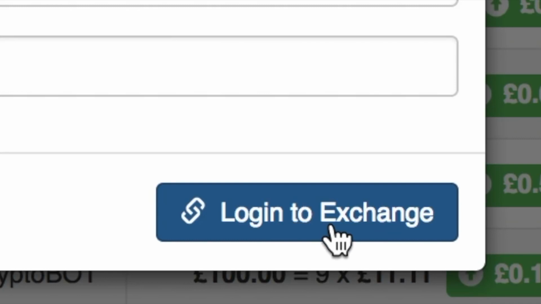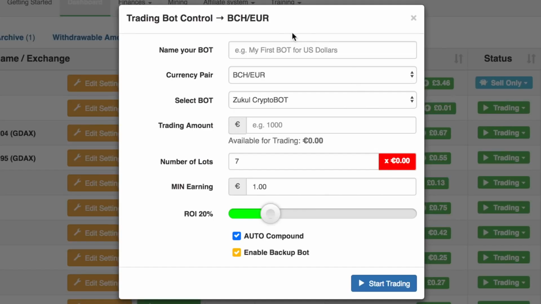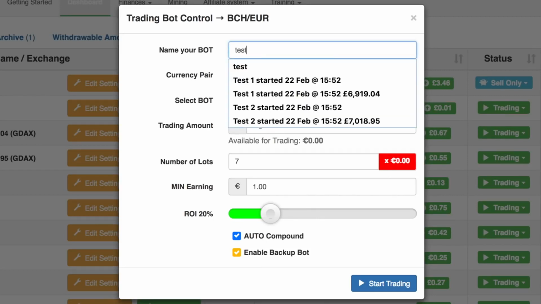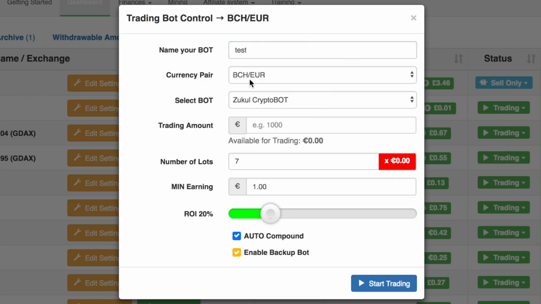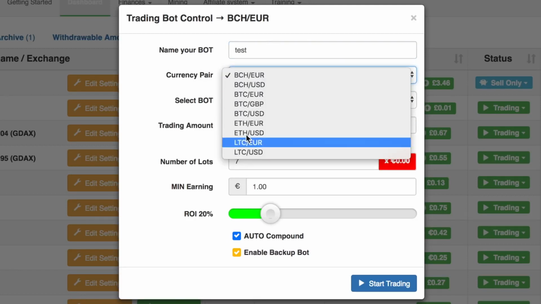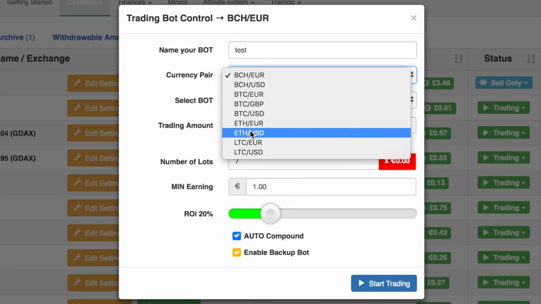Okay, so I'm going to click log into GDAX, and once I've got this screen up here, the first thing you need to do is give your bot a name. So I'm just going to call this a test. Okay, the next thing you do here is from this drop down, choose the pair that you want,